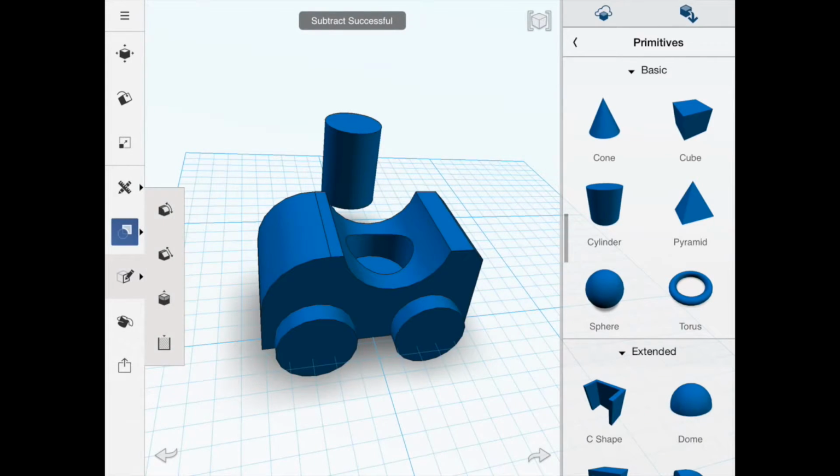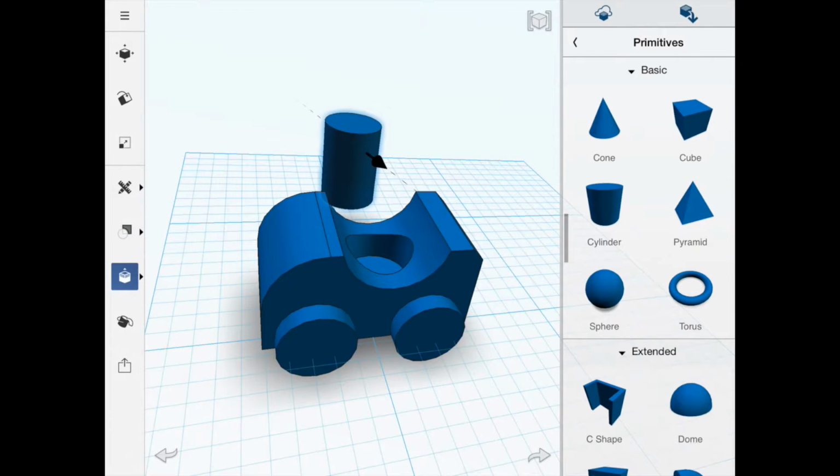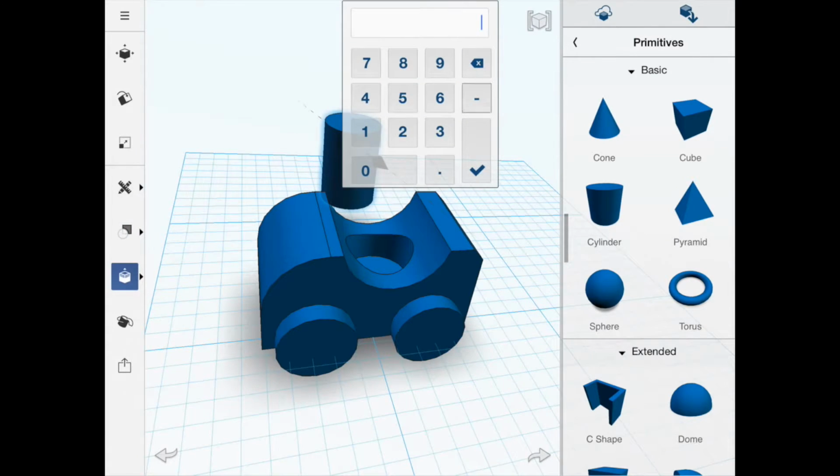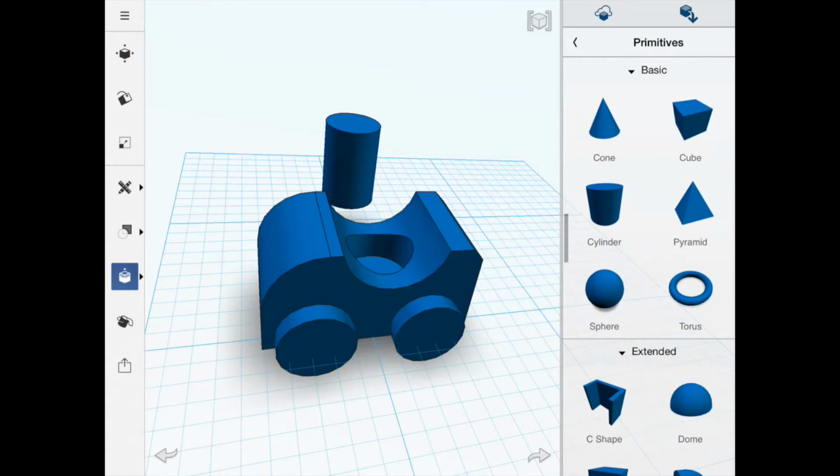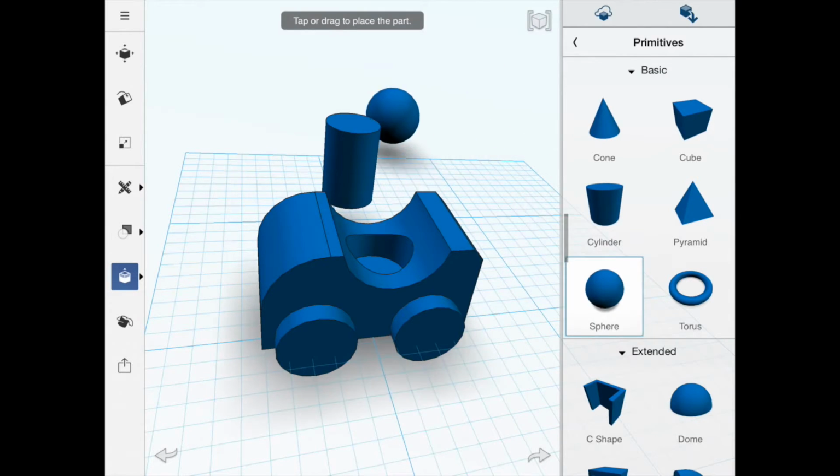Now that cylinder is a little bit too big, so I'm going to reduce the size a little bit so it's a friction fit. So I'm going to type minus 0.05, enter. So it'll fit, but it's not very tight. I'm going to bring in this